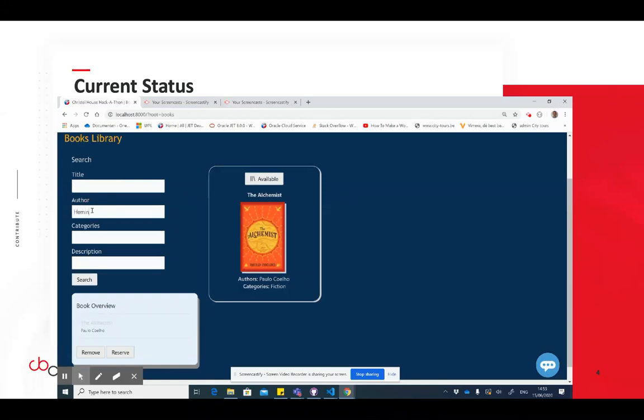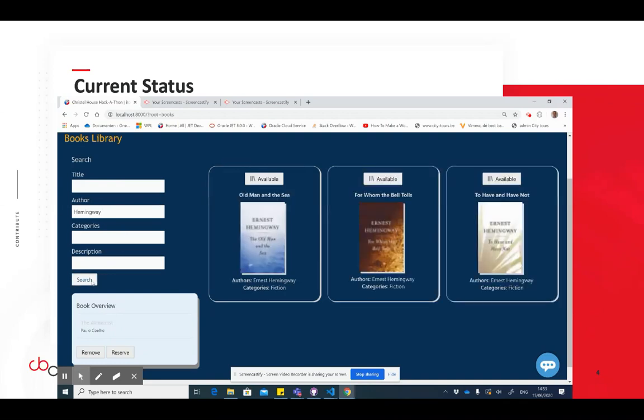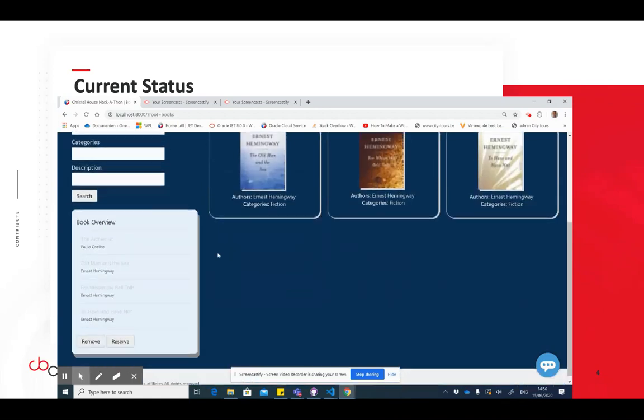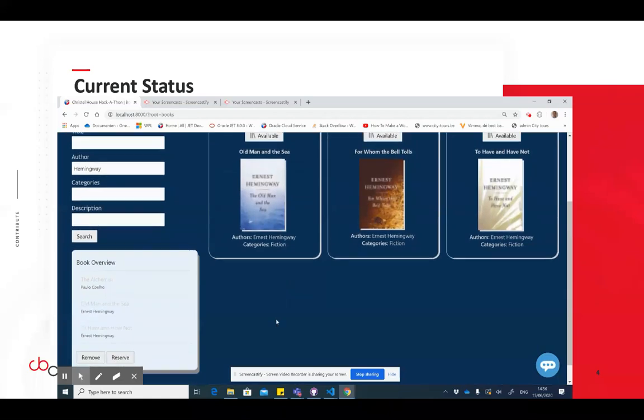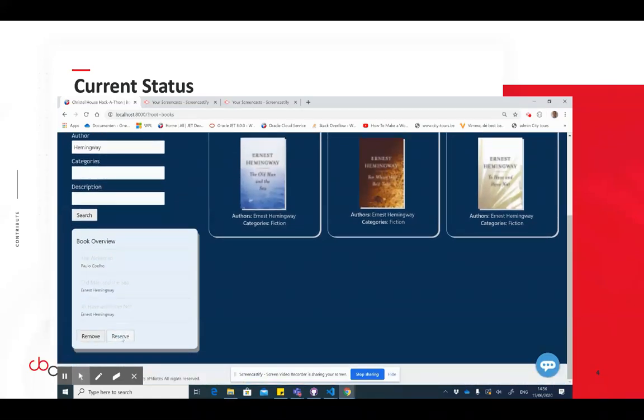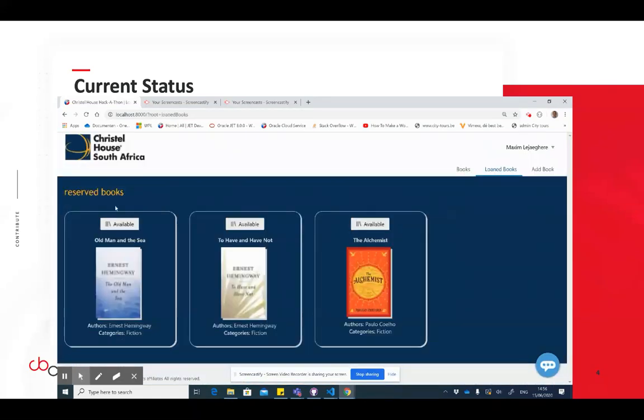Let's take another author here, for example, Hemingway. So you can add multiple books to your list. The idea would be that you can do this upfront, and you're sure that when you reserve the list and go to the library, to the school, these books are available for you, and you don't spend half a day traveling to the school only to be disappointed at not having all the books you need. Then you see a nice list of the books you reserved and all the books you already have.